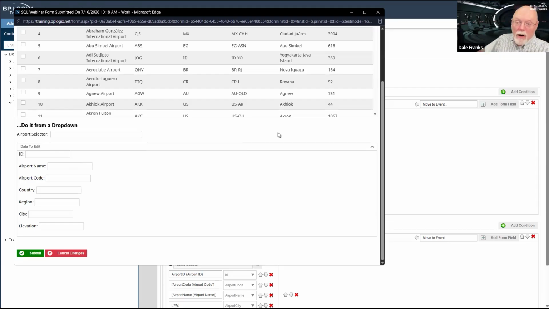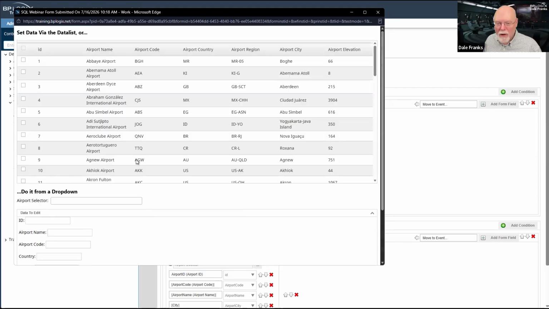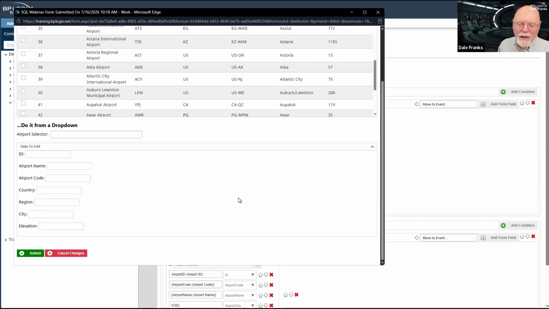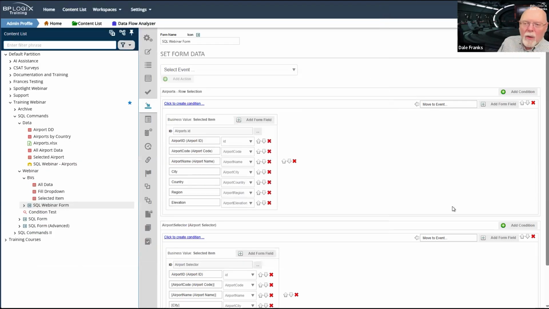But we're working. We have a working data list. We have a working dropdown. Great. We can grab data from our database. We can select specific data from our database, and we can throw it into our array here. Well, that, I think, is all that we need to do for today because it is less than 15 minutes to 12. So this is a good stopping point for us.